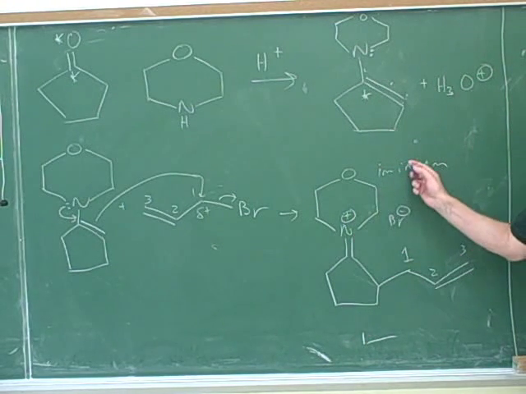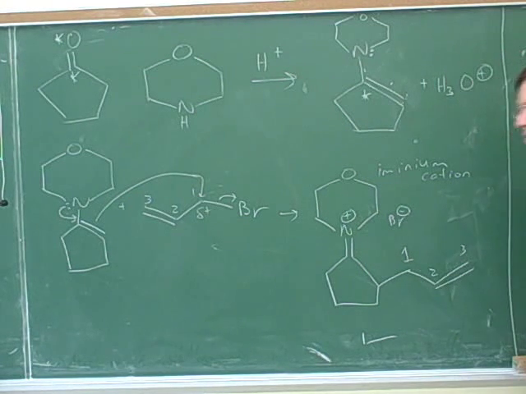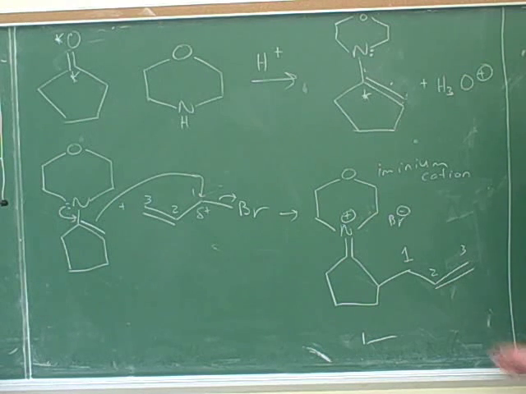It looks like an imine, but it's got a positive charge, so it's an iminium cation. Iminium. And then the alkene is a substituent, or how is that named? This over here? Well, this is an aminium, and this is an alkene. And I don't think we'll worry about naming the whole thing. That's probably a little more complicated than you would expect